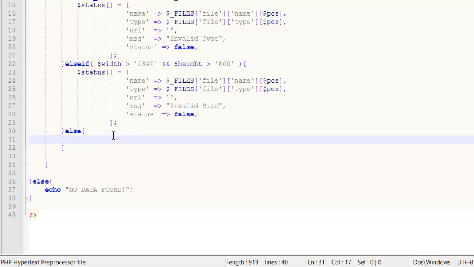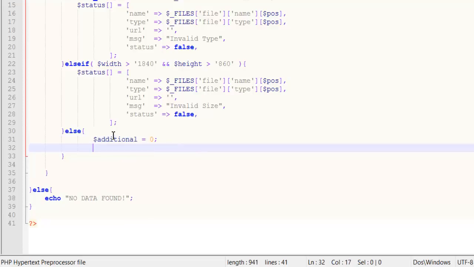So we will also deal with that. For that, I will say additional. At the beginning it would be 0, and we will say full path. We're going to capture the full path here, and as you all know that PHP has global variables, we will